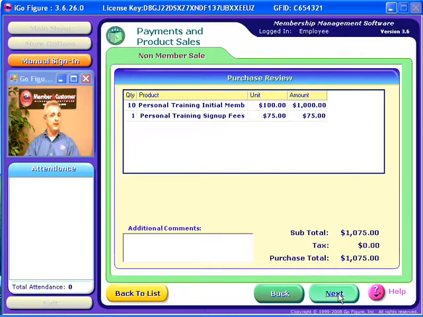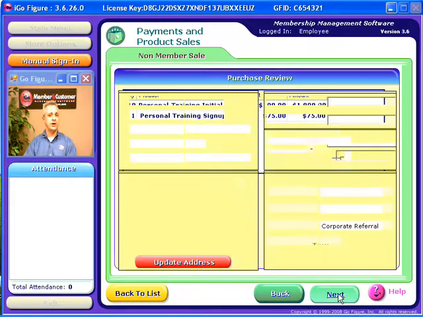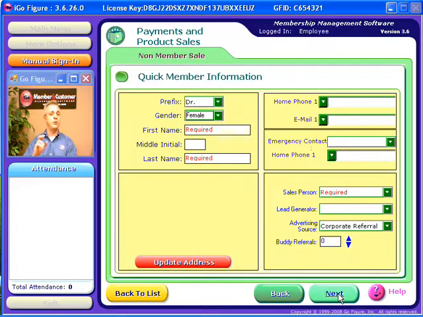But something different happens now when I click on Next. Again, it's not going to automatically jump to the checkout screen. Instead, it comes to this quick member information screen, and in one screen only, I can enter the pertinent details. I will say this is Mrs. Sally Jones. I could enter her address, home phone and email, emergency contact information, the salesperson, lead generator, advertising source,